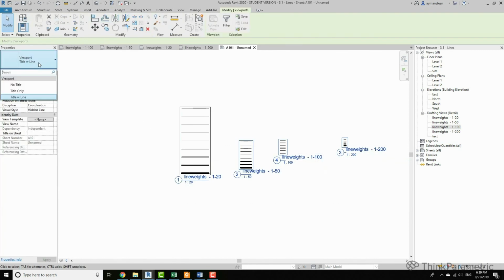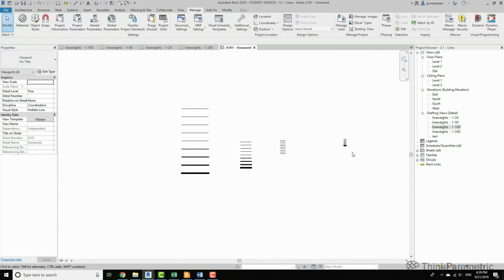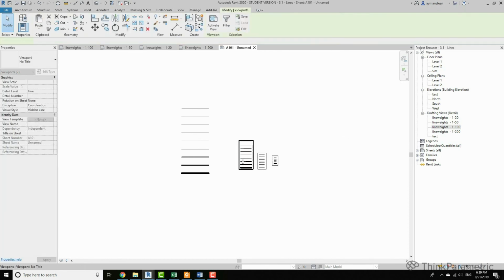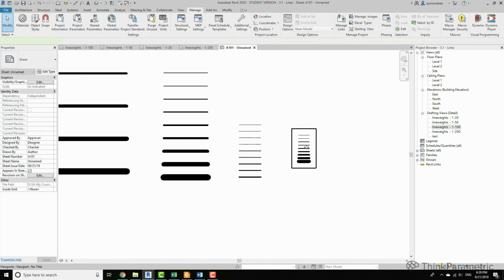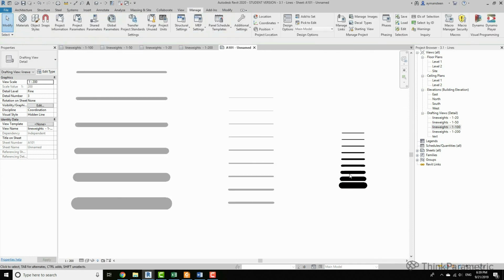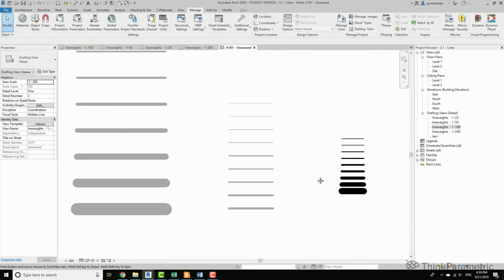Let's change the viewport type to remove the title, and arrange the spacing between the lines and increase the length of the line so they all appear the same on the sheet view. I'll speed the video up and you can trim, extend and move the lines as you like.